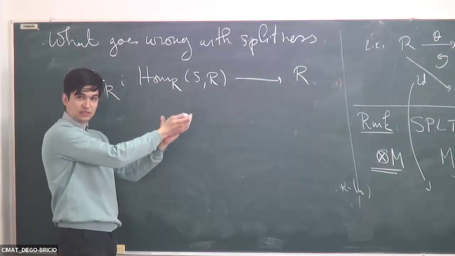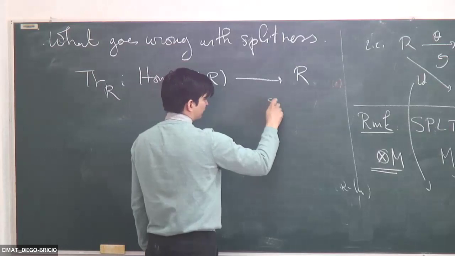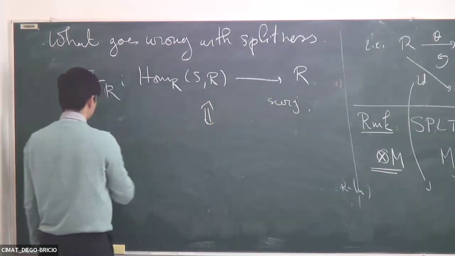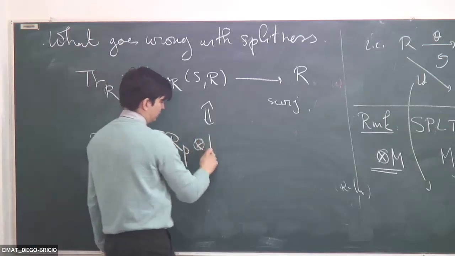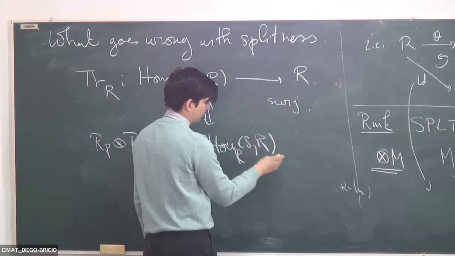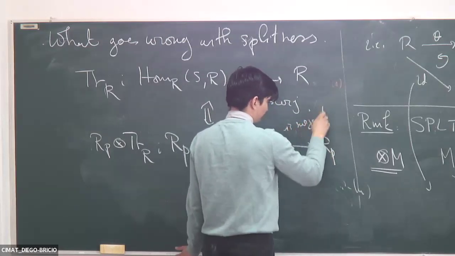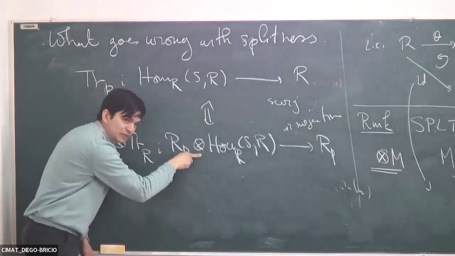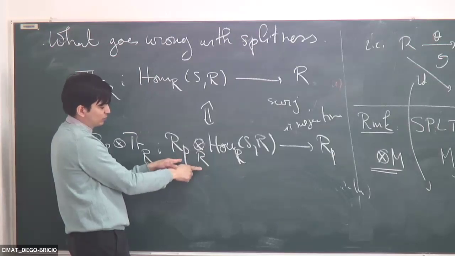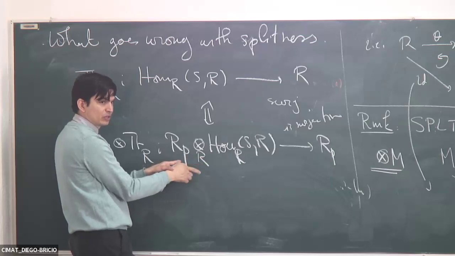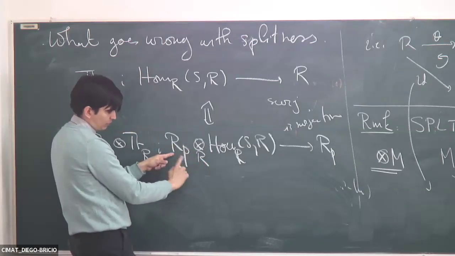So you have to prove that this is surjective, and that's equivalent. You can do it locally. That's true. So you can say, okay, this is surjective if and only if the map R_P tensor Hom(R, S) to R_P is surjective. That's true. However, here is the issue: you have to commute a flat operation, certainly. Well, not faithfully flat, it's a flat operation. Localization is flat, but it's not faithfully flat because it's not surjective on the spectrum. That's the point of localization. You look at a restriction to an open. So you look at this,